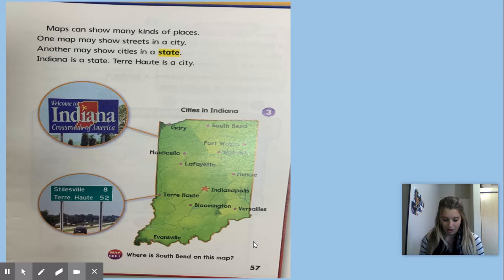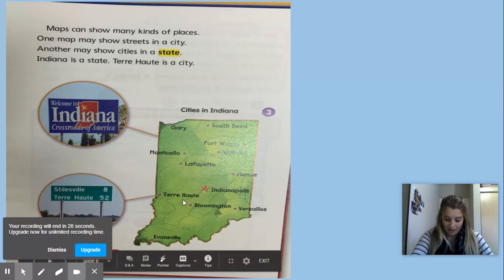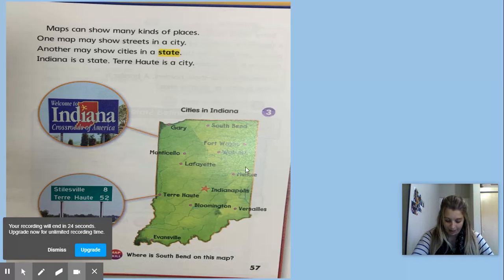All right. So let's use the relative location to find South Bend on the Indiana map. All right. So South Bend is right here. So we can say it is close to Gary, Indiana. So that's what we did. We just located South Bend. It's near Gary, Indiana, and it's kind of close to Fort Wayne,